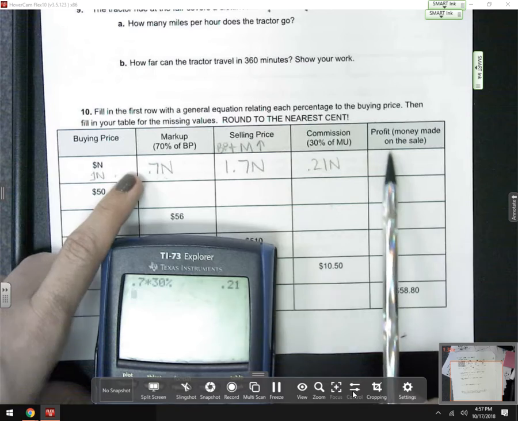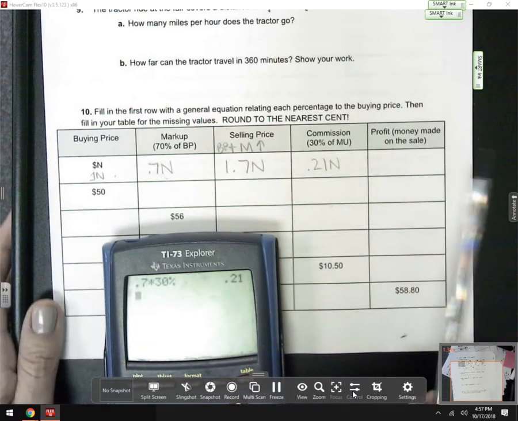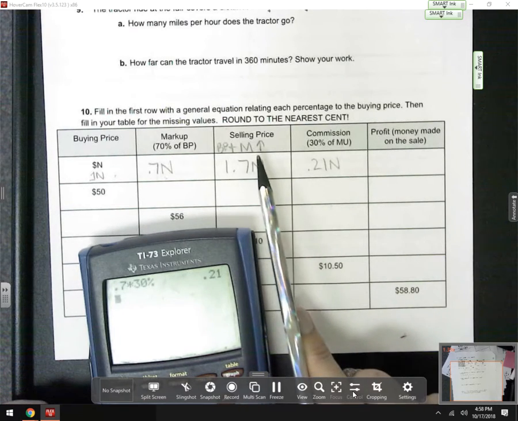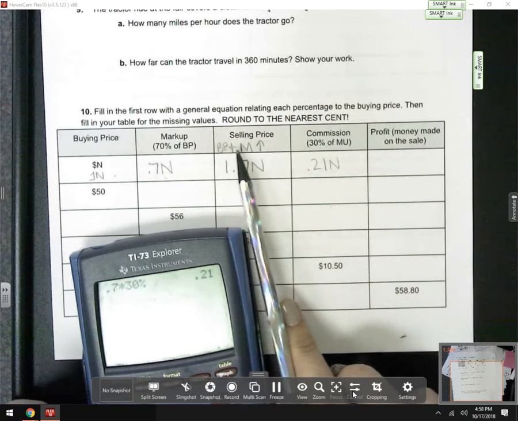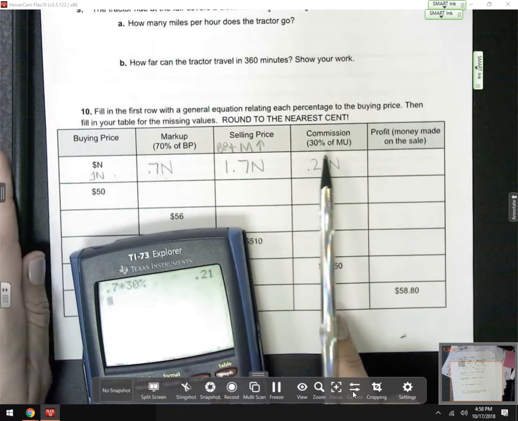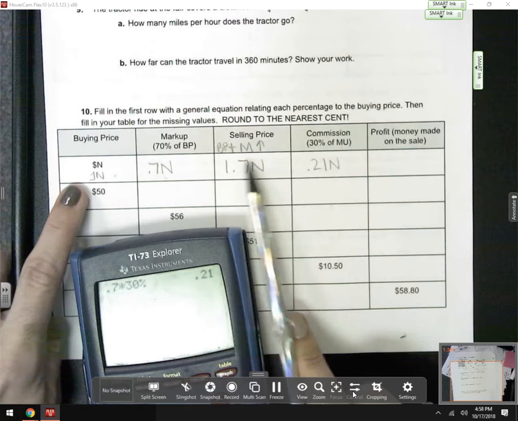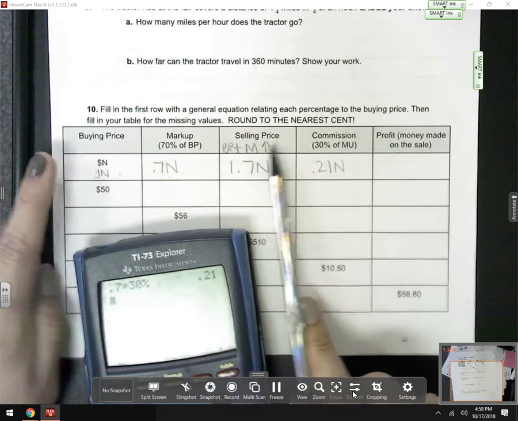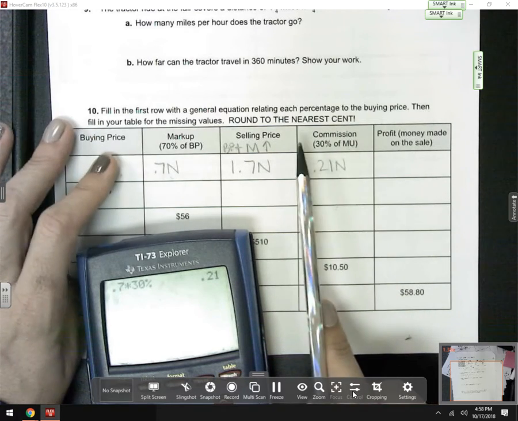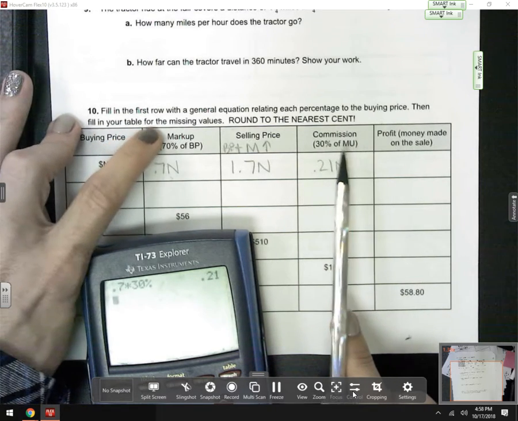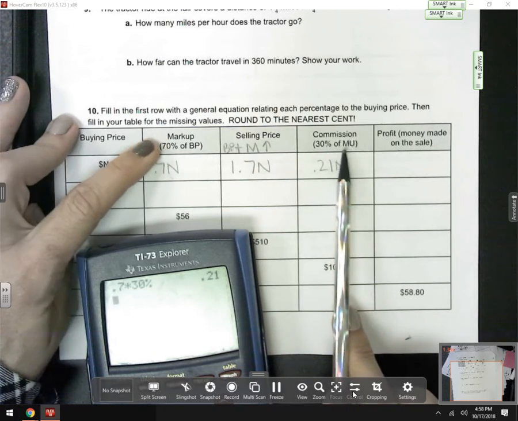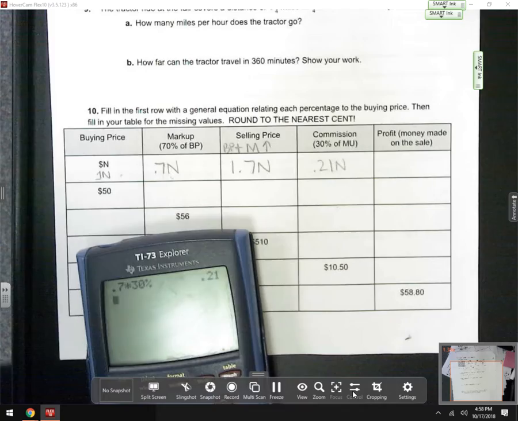Now your profit, this is how much you make on the sale. There are a couple different ways we can look at it. We sell it for a certain amount. We have to pay back the buying price, and we have to pay back the commission. The other way we can look at it is we know that this selling price, we're going to be taking the buying price out for the profit. So we can also look at this as just whatever our markup was, take away whatever our commission was. So the two different ways we can look at this are